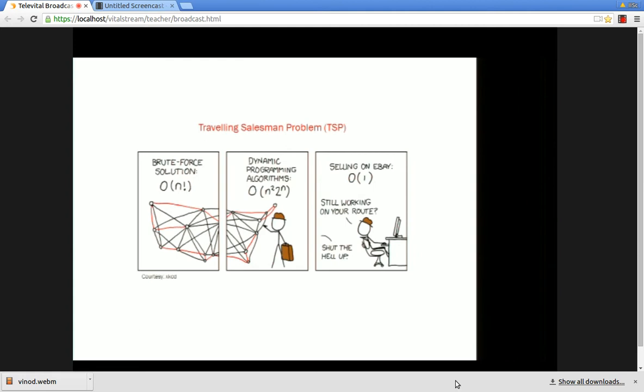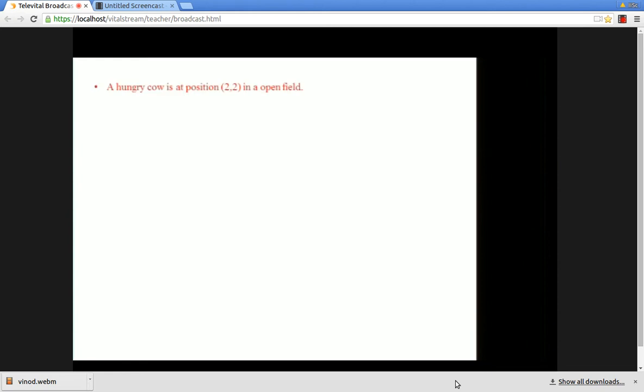And now what we will be interested in this talk is how do you do this optimization, right? So that is what is more interesting. So these are all problems that we would like to solve, and the question is how do you solve it, right? So here I'm going to give you a very, very high level introduction to some of the ideas in optimization, continuous optimization. So to set an example, let's start with a hungry cow, which is at a position 2,